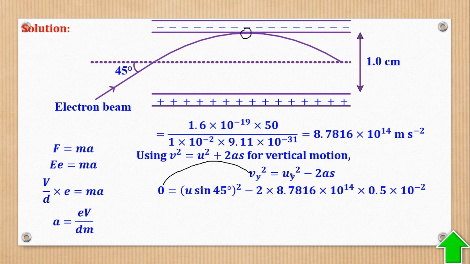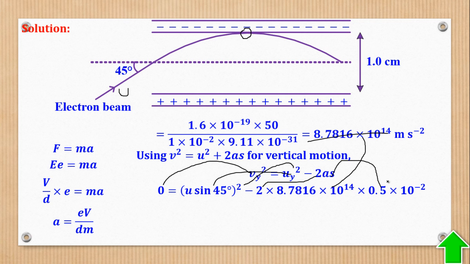Then this one is the initial vertical component we have to resolve. So velocity here is u. When I resolve, it will be u sine 45. It is squared, so don't forget the square. Then 2 times acceleration. Now we no longer use acceleration due to gravity, we use the one we have got. Then times the